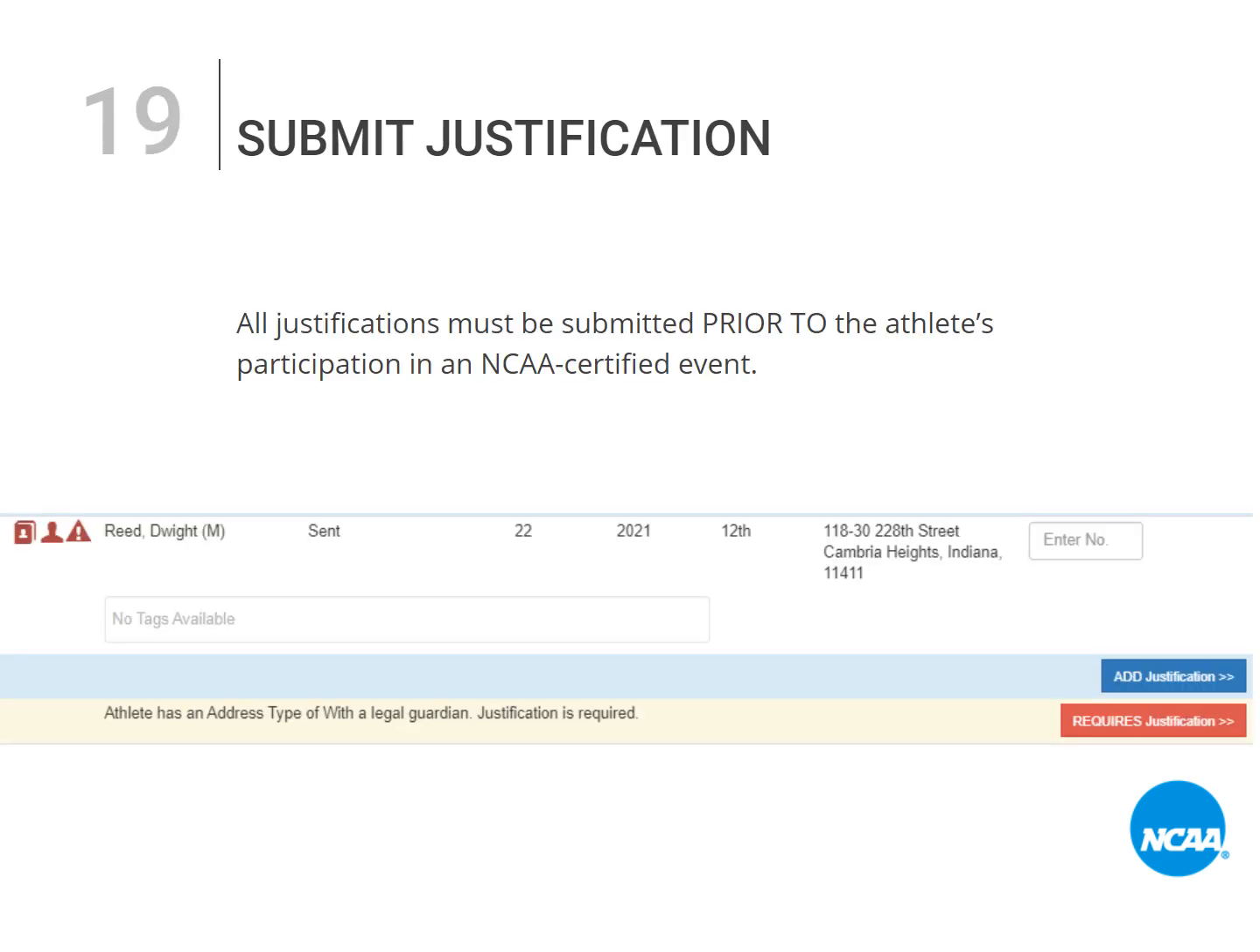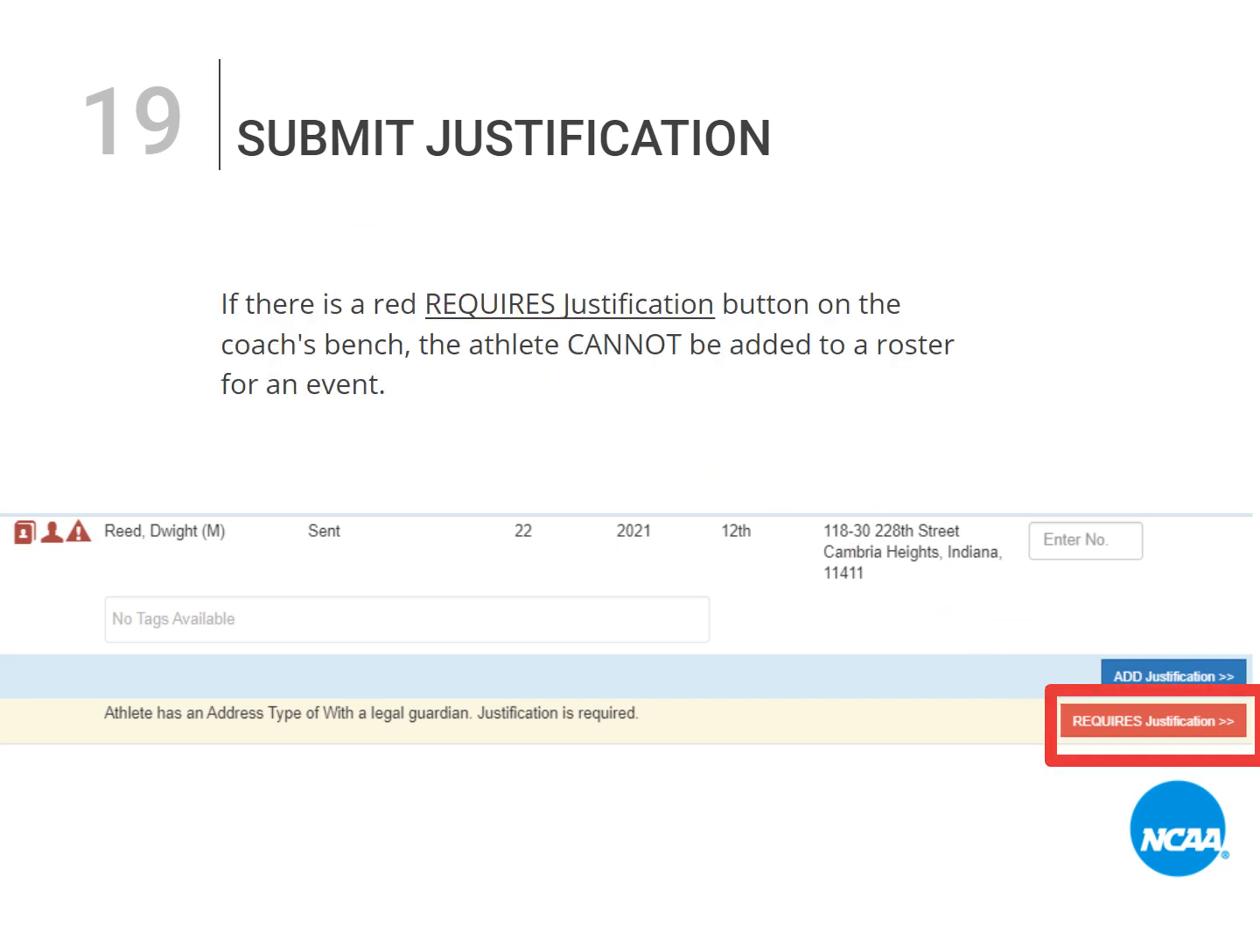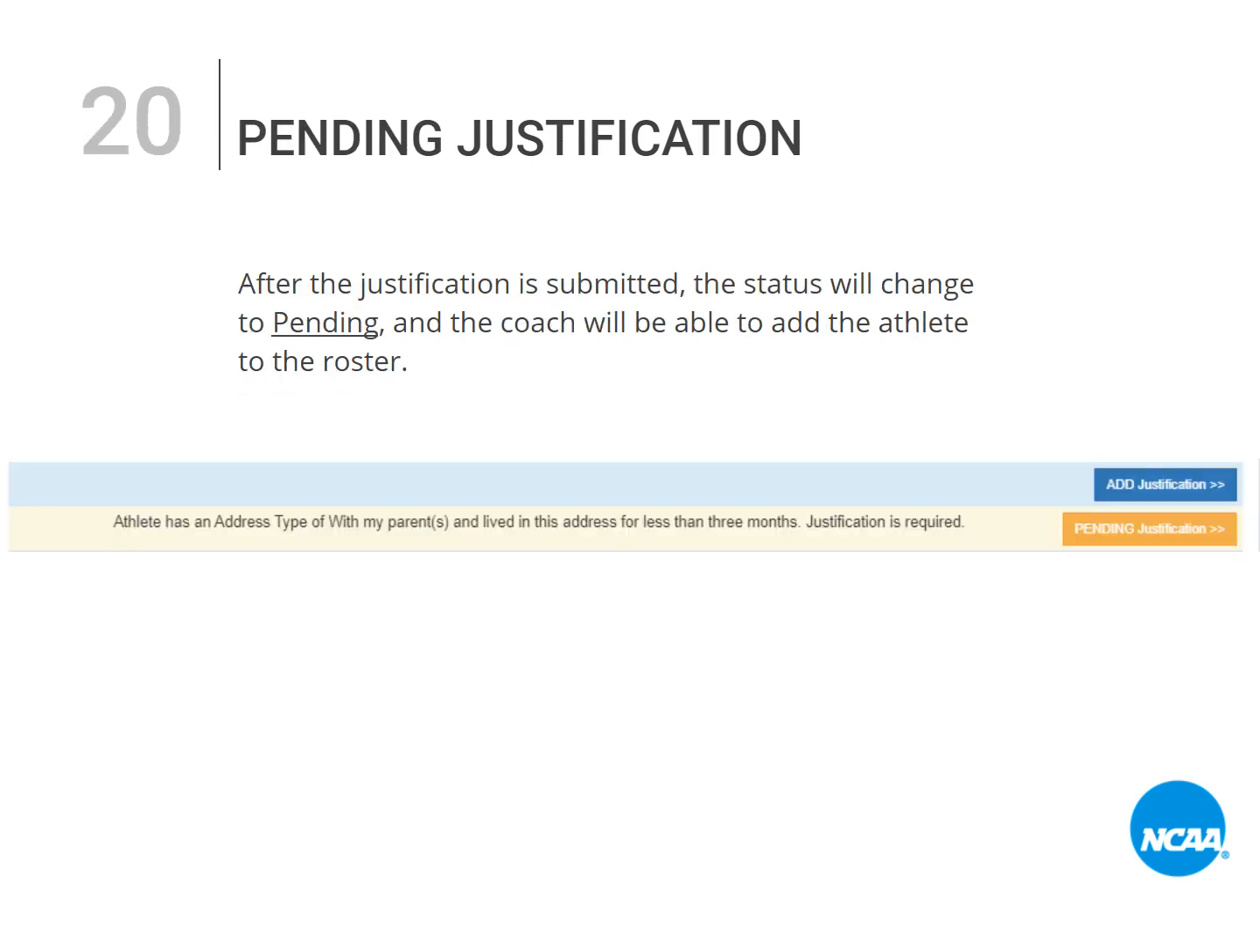All justifications must be submitted prior to the athlete's participation in an NCAA-certified event. If there is a red requires justification button on the coach's bench, the athlete cannot be added to a roster for an event. The coach must submit a justification with documentation before adding the athlete to a roster. After the justification is submitted, the status will change to pending, and the coach will be able to add the